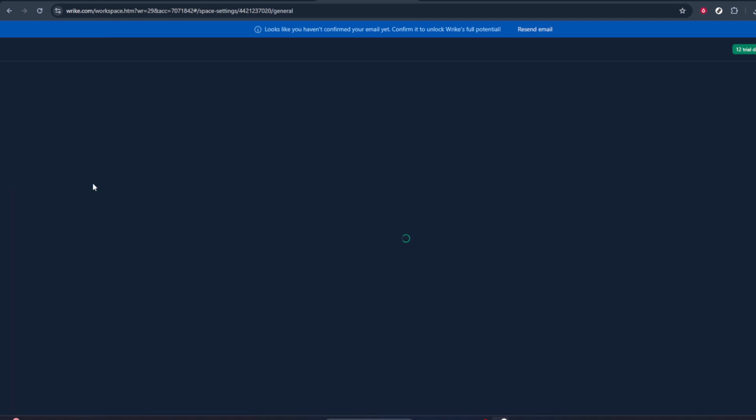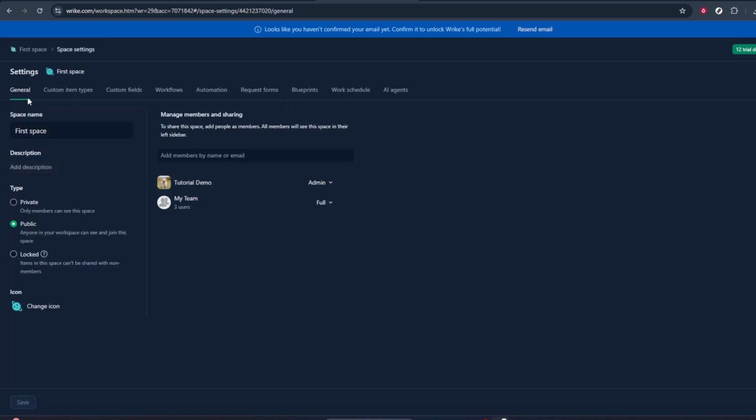Inside the settings, you'll see several tabs or sections. You want to be in the general section, because that's where the core configuration options for this space are located. Find the option labeled General and click it. This will bring up details about the space, such as its name, description, and various management options, including who can